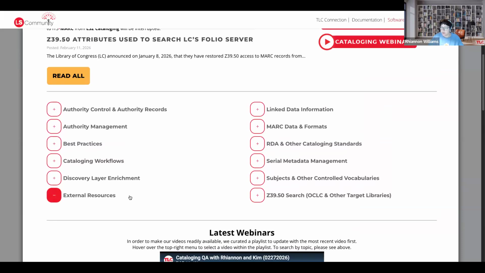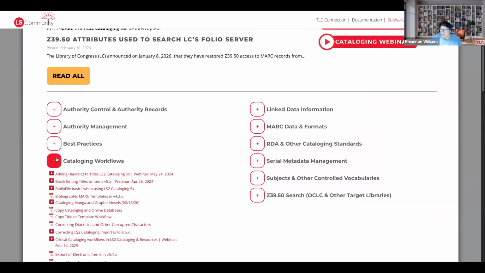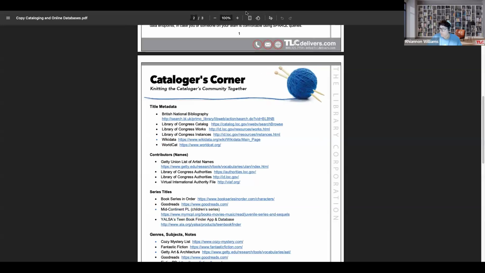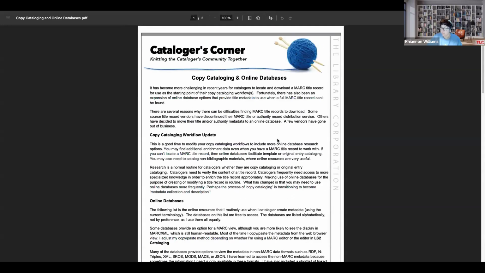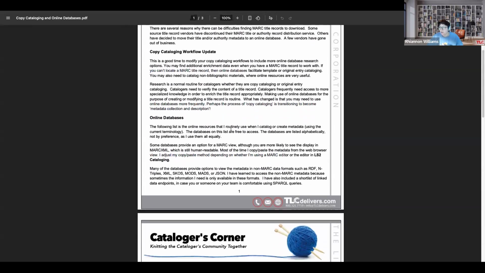And so I'm going to start by showing you some of the documents that are available here and where you can access them for learning about copy cataloging and some great resources. So we do have this copy cataloging and online databases document here. And I've already got this open here. So this is a post that Kim put together, and it has great information on a long list